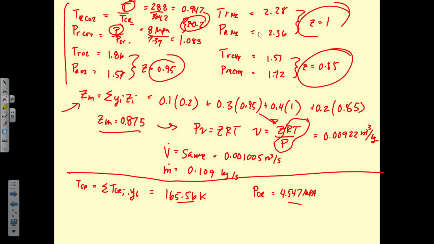So then you can look at these values and compare them to all the ones for your individual properties. It should be in between the highest and the lowest. Make sure that you've done that right. So we find a reduced temperature, which is the temperature of the mixture divided by this new T critical, and a reduced pressure, which is the pressure of the mixture divided by this P critical. And we find that to be 1.74. This one is 1.76, which gives us a Z value of approximately 0.9.